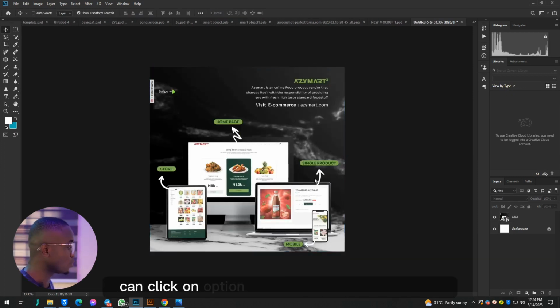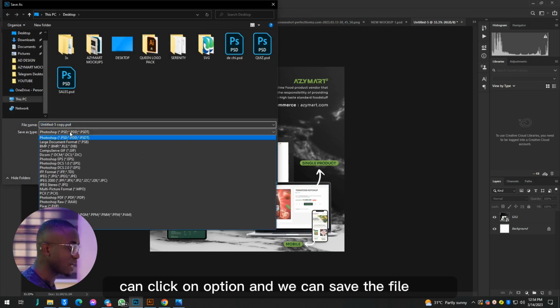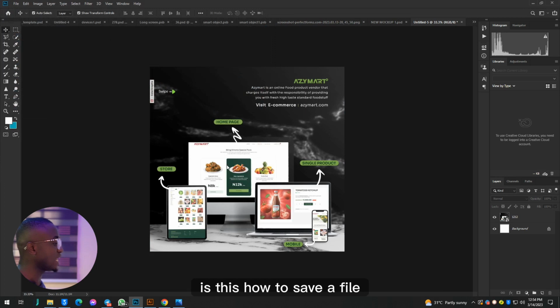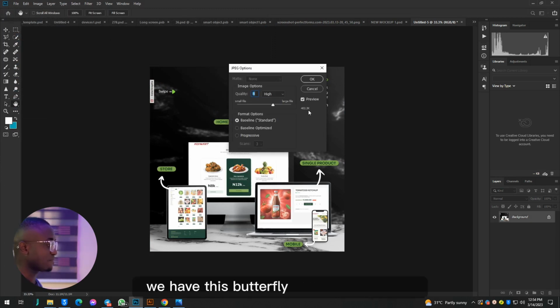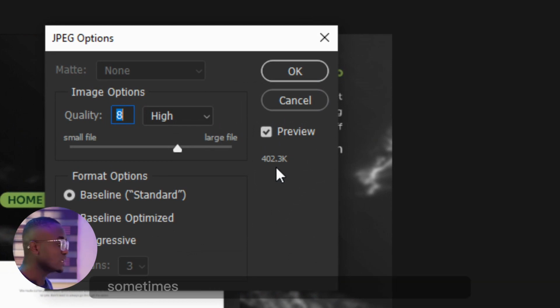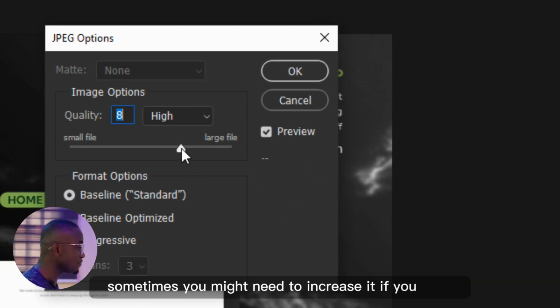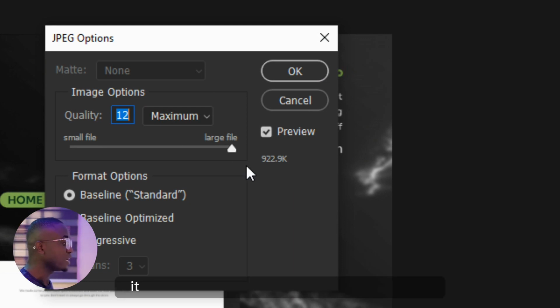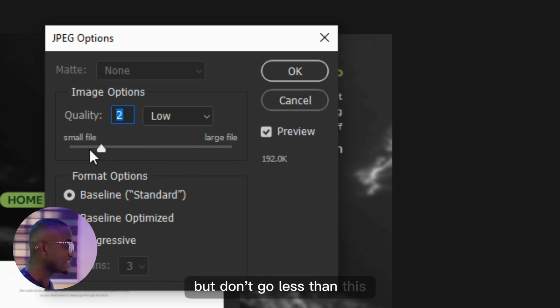Now this file, you can click on option and we can save the file. Now, what I want to show you is how to save a file. We have this particular file size now, okay, at 402 kilobytes. Sometimes you might need to increase it if you want. Okay, this is about 1 megabyte. It still maintains the same quality and standard. Reduce it, it's still fine,